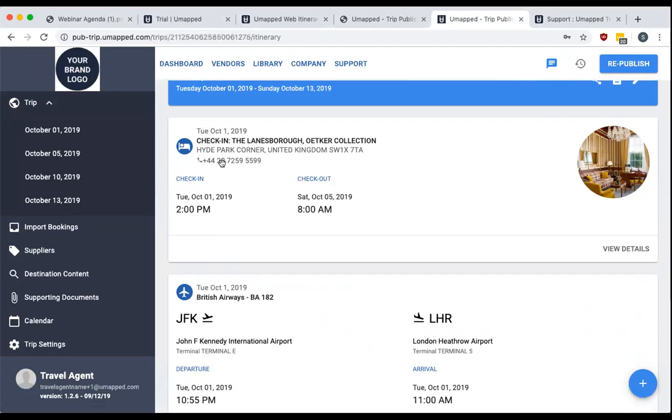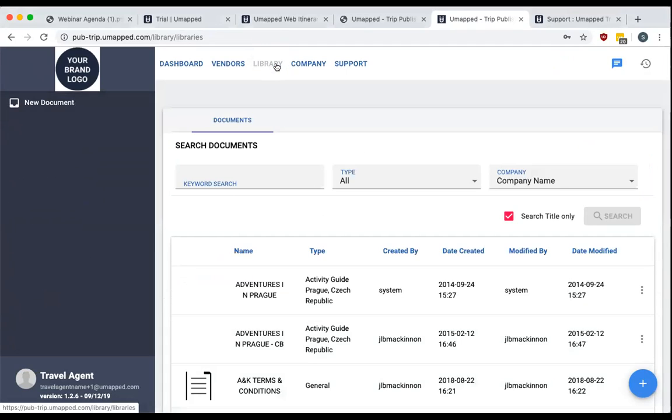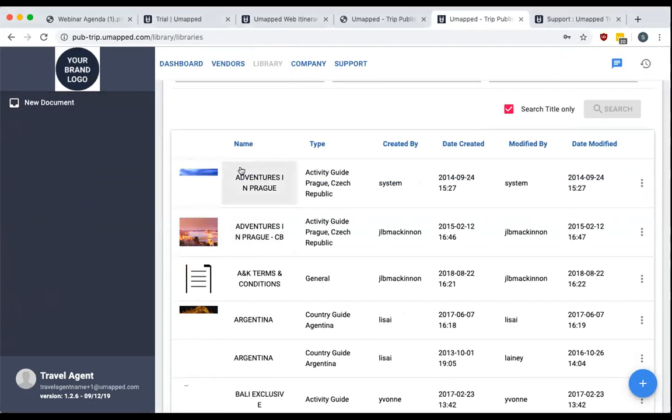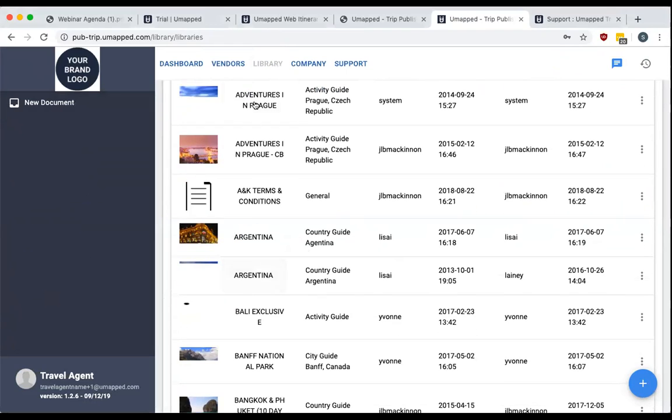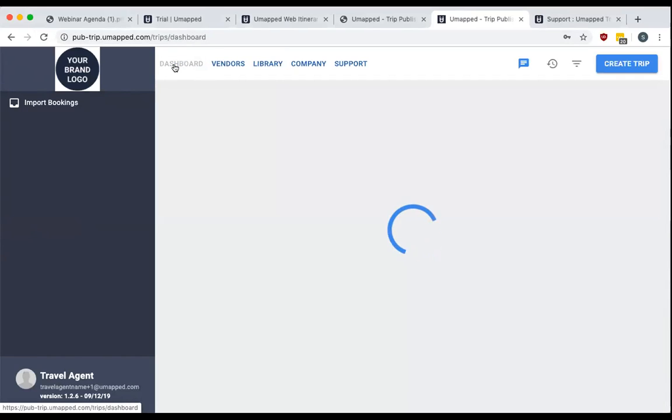All right, and are there any questions other than that? There are no other questions, but I'm just going to show one last thing just to add a little bit of extra oomph. If you go within your library, so here you can see in my library, there's already a variety of different documents that have been made within my company. So if you've already made a document and added some pages within your library, these can be added within your trip itself. So I'm going to go back to my dashboard,